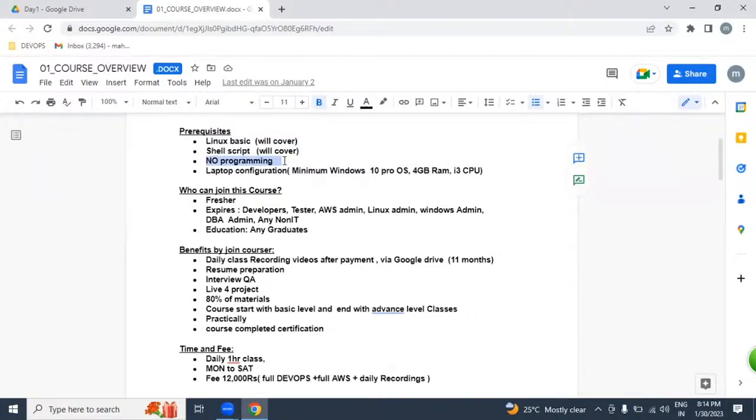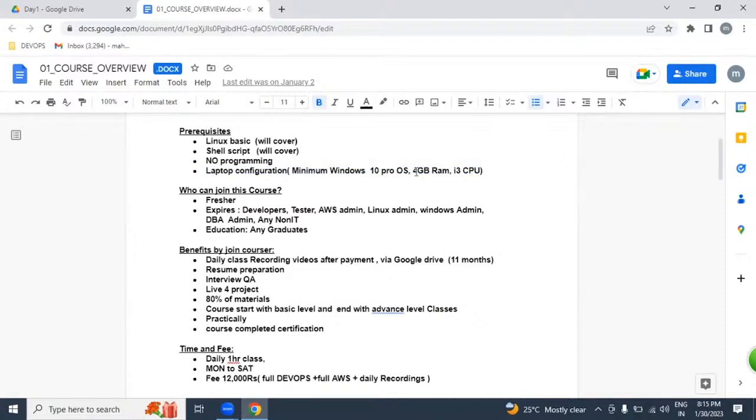And after joining also, we're not writing any programming. We're going to write only formats like YAML format, Ruby format, XML format. It is not if-else conditions. Maximum we are using only if condition.